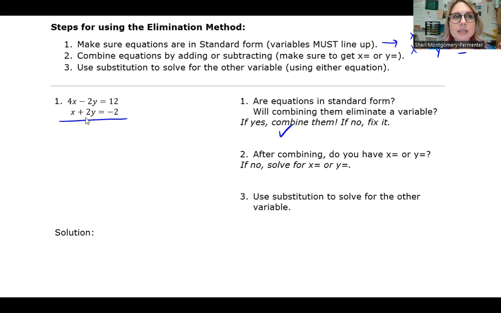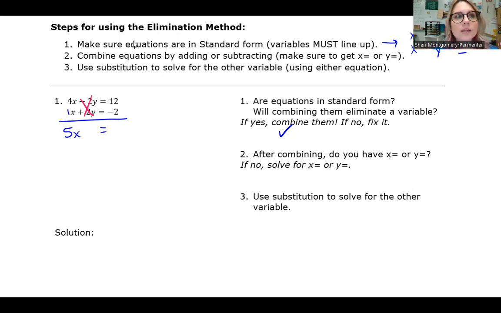Which variable is going to cancel if I add them together? Do you see how we've got -2 plus 2? What's that make? 0. So doing the elimination method eliminates one of the variables. In front of the X, if there's no number there, it is a 1. So when we go to combine these, it's a 4 plus 1. So we get 5X